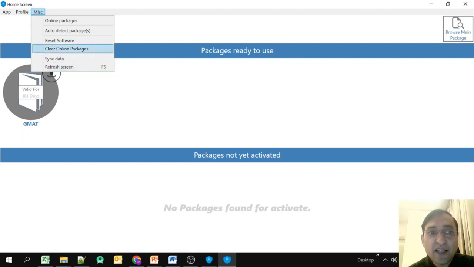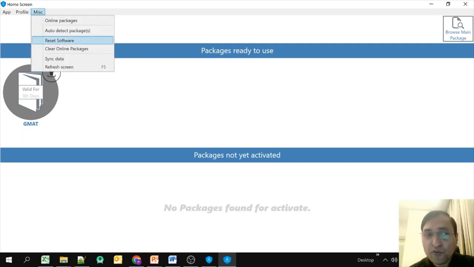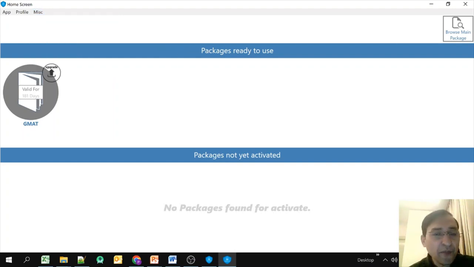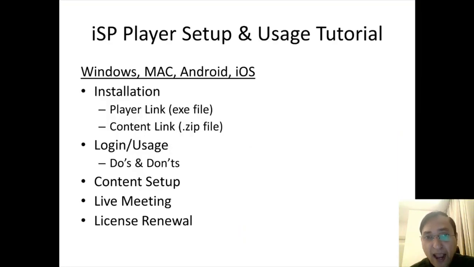What they do is, in case you made some mistakes, like you moved some files here and there, and now the software is not working, you could do the reset software and it will reset the whole data again and restart the software, and it will let you do the complete setup again, like what we did in terms of finding the content, entering the license key, and all those things. Okay. Now, in case you are going to use the Mac, Android, and iOS, everything will be the same,